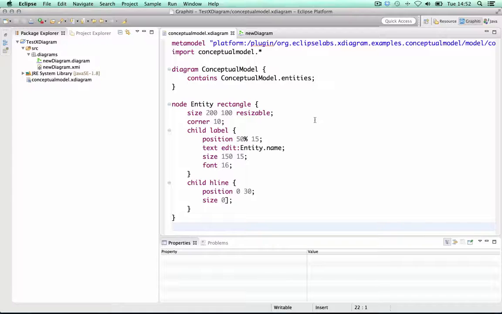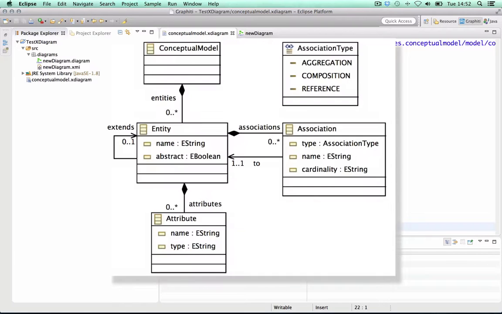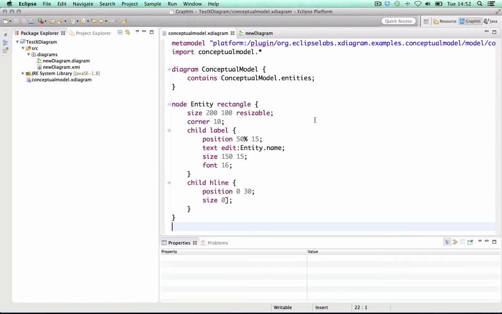This demonstration is about a DSL to specify graphical notation of modeling languages based on EMF. The specifications are written against an existing metamodel, and in this video I will use the following example metamodel, which you can see on the left, which describes a conceptual model composed of entities containing attributes and associations to other